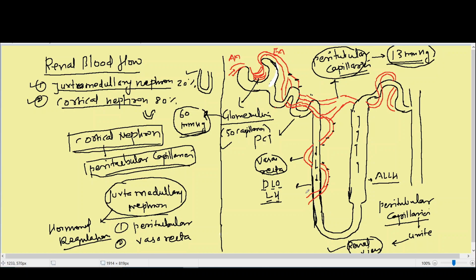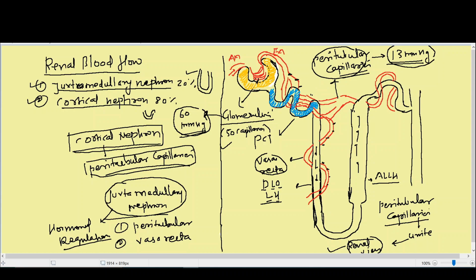So this is basically the structure of a nephron. We know the components: what is PCT, what is DCT, what is their function, what kind of things are absorbed here. This particular portion we know as the PCT. Then this portion, shown in yellow, is known as the Bowman's capsule. Then we also have the red colored portion, the glomerulus.